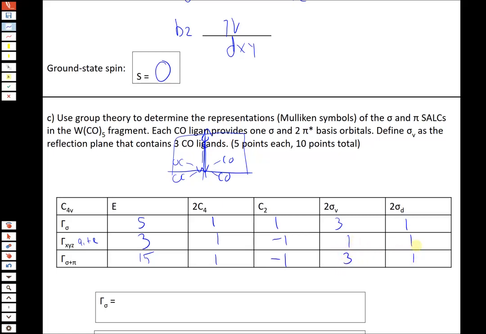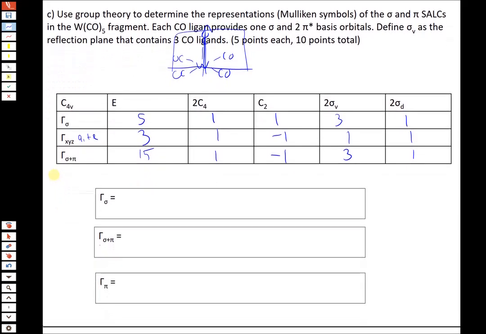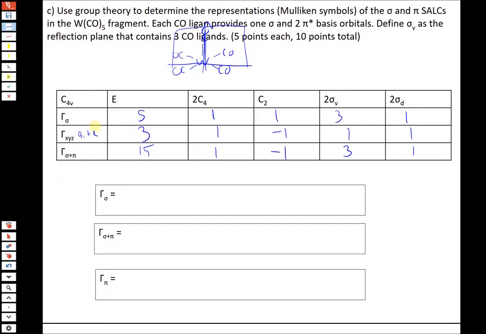And so now what we have to do is just reduce the representations for this. When we reduce the representation for gamma sigma first by itself, we get 2a1 plus b1 plus e. Now I didn't ask for this on the exam, but as an intermediate step, the best way to do this would be to reduce the sigma plus pi representation, which gives you the multiple symbols for all of the sigma and pi cells. So when we reduce this, what we should get is